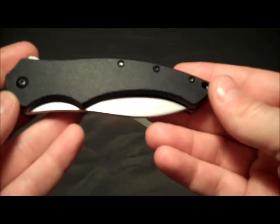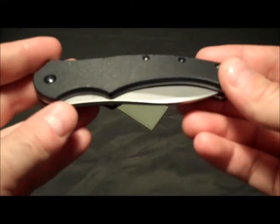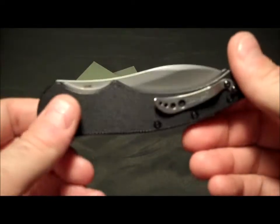This knife I picked up because mainly I saw it online and it was cheap. And not that I'm a big fan of cheap knives, actually quite the opposite, but what I carry out here normally, day to day,